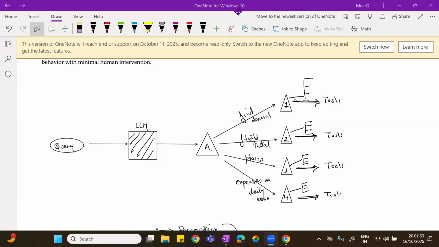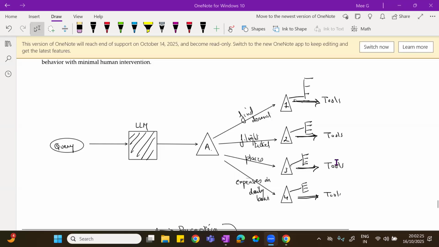Now, as I told you, obviously, they will communicate with each other. Talk means they will not talk, they will communicate with each other. It depends upon the tools. Maybe you are using a calculator to calculate the tickets, maybe a web search agent, that is also a tool, and a weather report agent.